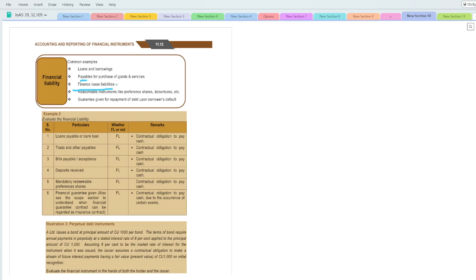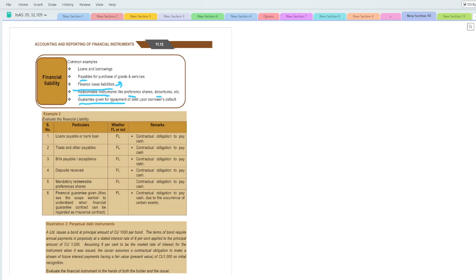But yeah, this also in detail we will be covering in the lease accounting standard. Here also only the one leg is there, that is the cash payment, and that is also in the future. So that's why it is coming under the financial liability. Redeemable instrument like the preference shares or the debentures. Redeemable means it is talking about the principal amount. So you will be paying the principal in cash in the future. So that's why it's a financial liability.